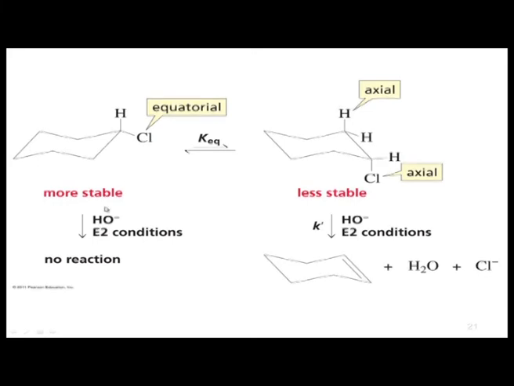So, in the equatorial form there will be no reaction, because you want to do the dehydrohalogenation with alcoholic potassium hydroxide. In alcoholic potassium hydroxide elimination takes place, but there will be no E2 elimination in this conformation, because you do not have any hydrogen which is anti to the chlorine, because the chlorine is not in an axial position. On the other hand, if you use forcing conditions and heat it, it will be converted to the axial conformer.